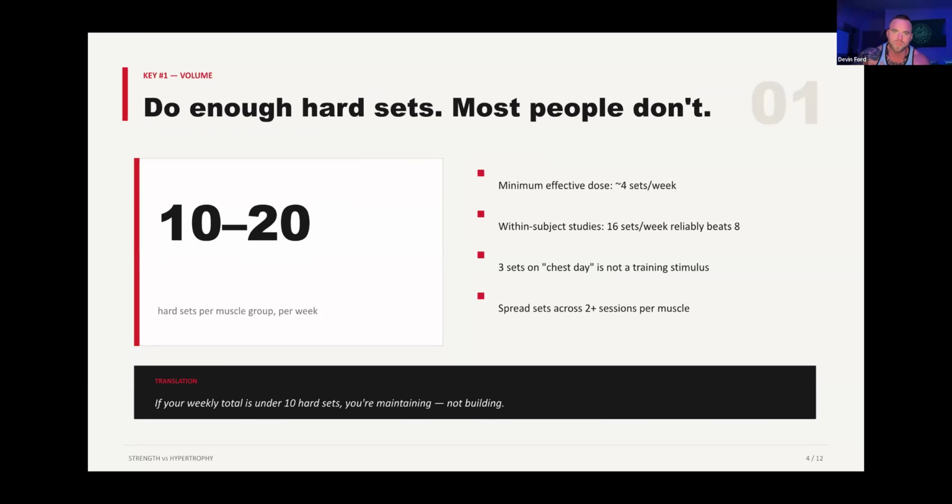So based on the research, if you're not doing at least 10 sets per muscle group per week, you're probably not going to grow. But the minimum effective dose is 4. So technically, you could do 4 sets per muscle group per week and actually grow if you're really going to failure fully and you're more of a novice, like you haven't lifted that much and your muscle is still somewhat new. Okay.